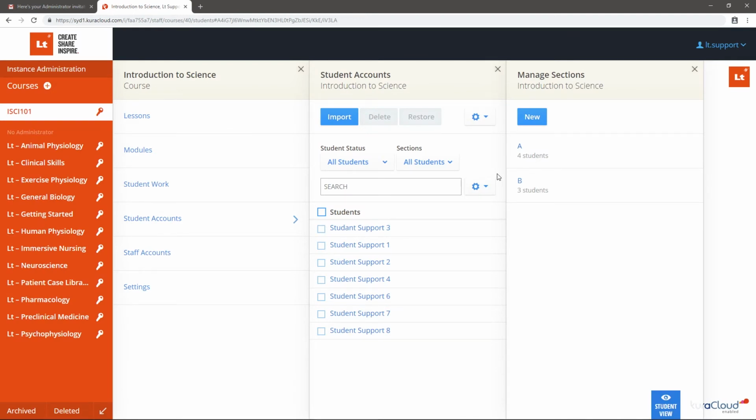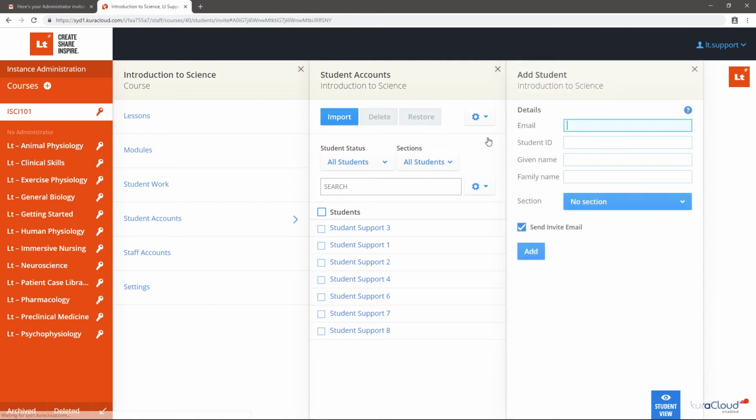If a student is not on the CSV file, then you can add them individually. You can also invite yourself or other staff members as a student. However, doing so will add to the total number of active students in your instance. To add a student individually, select the cog icon and select Add Student. Enter their relevant details,